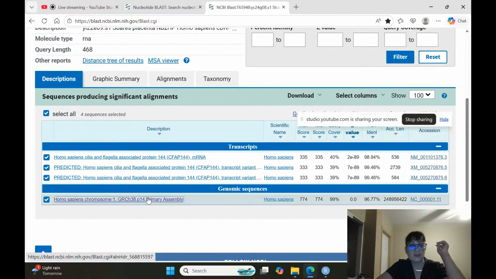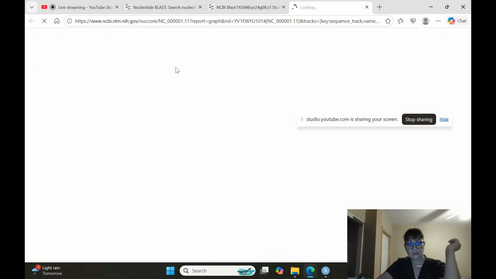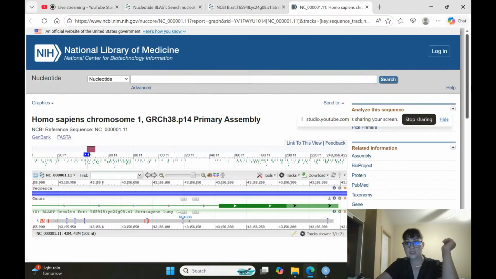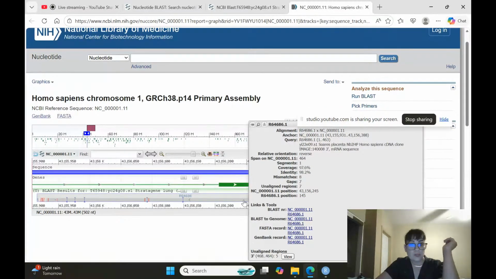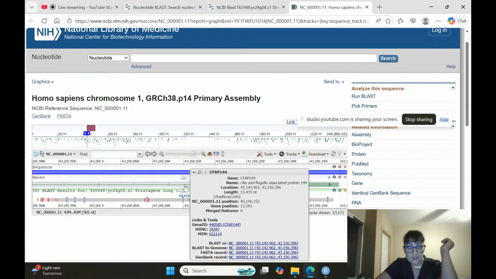And chromosome 1. And then we'll go to the graphics. Okay, so here we are, and there's a gene here. It's